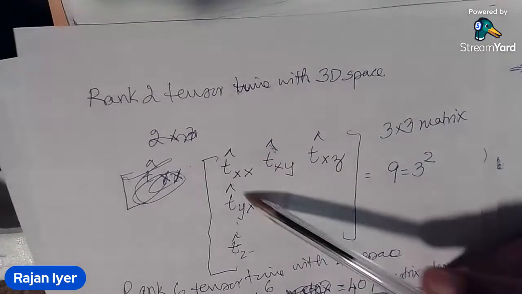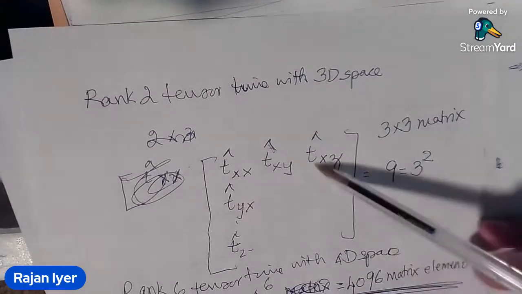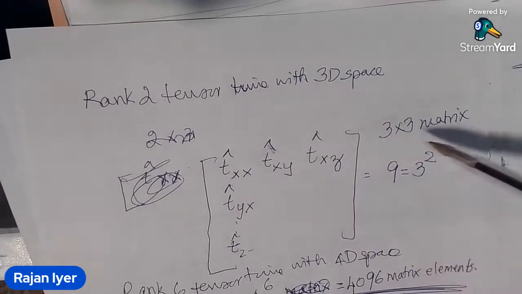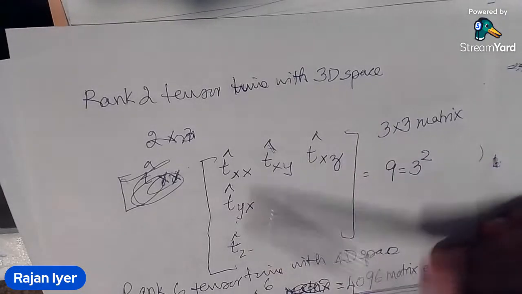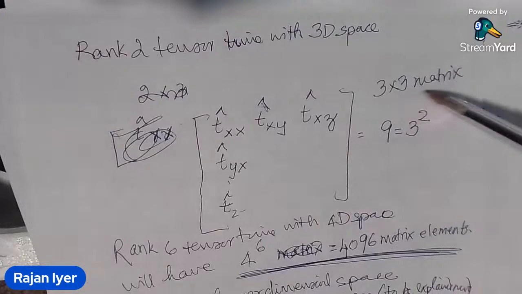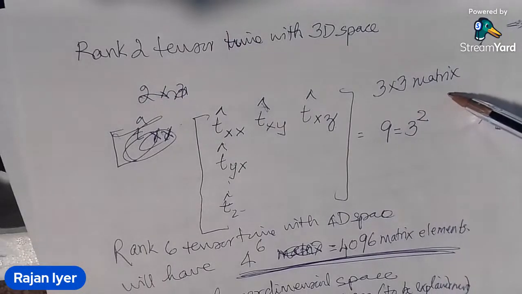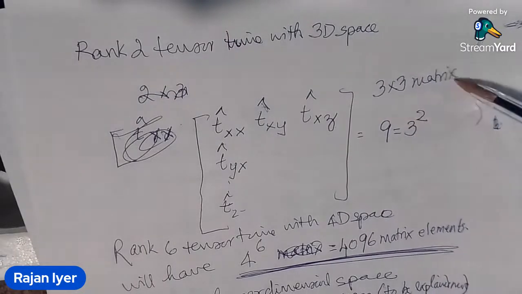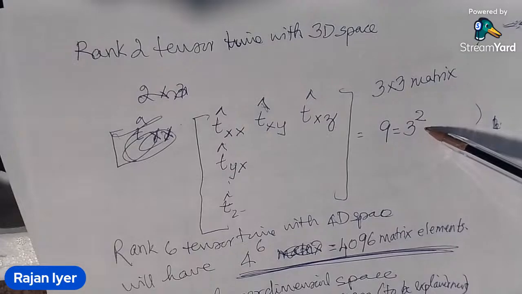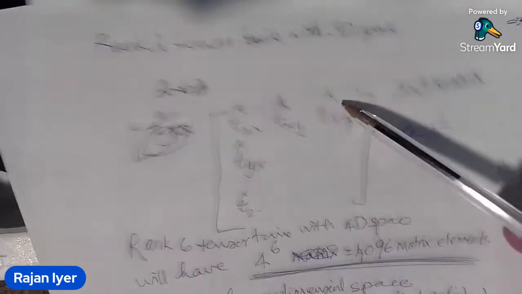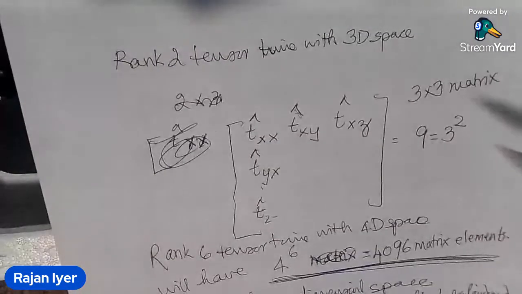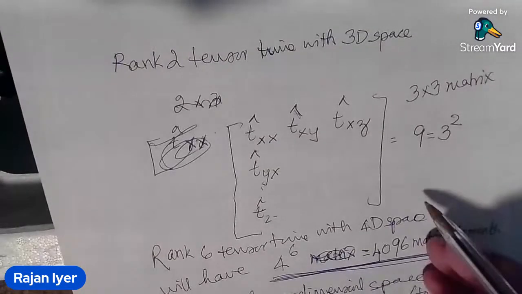If you arrange that matrix, we get a 3 by 3 matrix, TXX to TXZ. If you expand that, I get a 3 by 3 matrix, which is the same as 3 squared, which means the 3D space, and the rank 2 means that